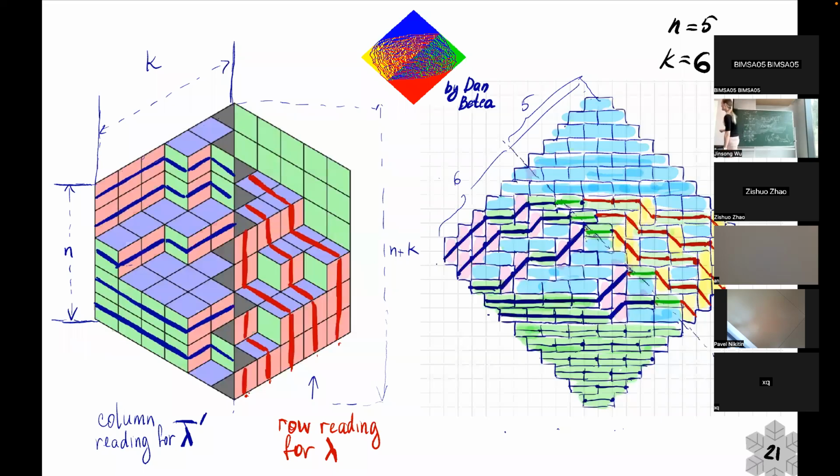You can see that those dark gray triangles correspond to these horizontal steps and to the green dominoes. So now we can reformulate our statement as: how do we calculate these tilings of